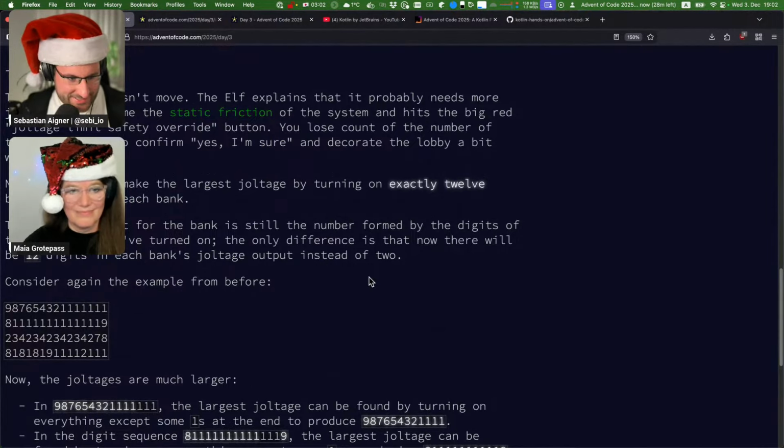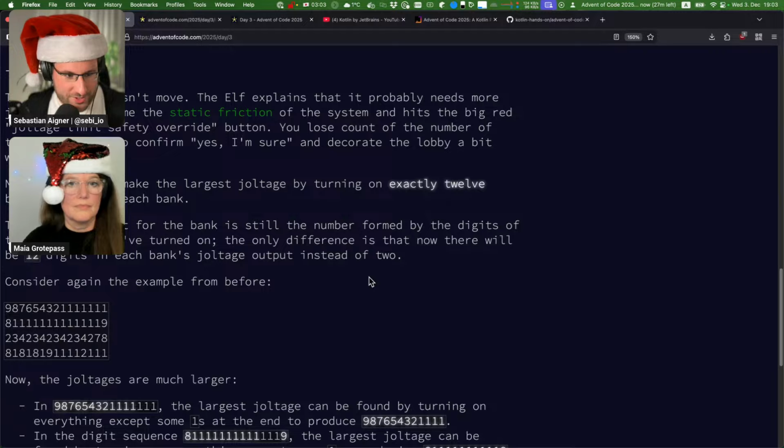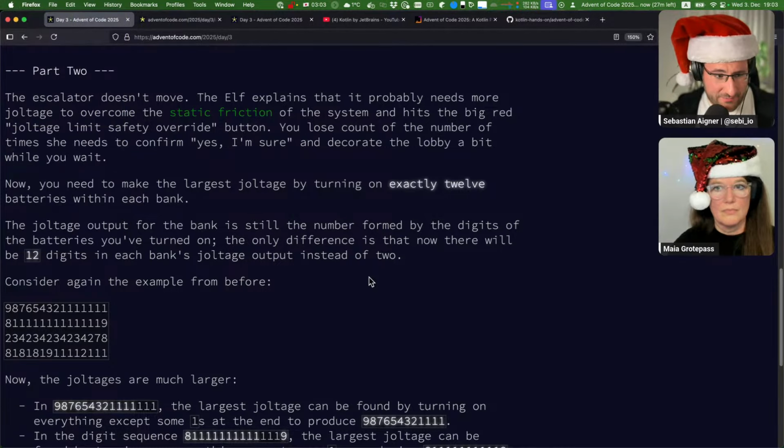The escalator doesn't move. The elf explains that it probably needs more joltage to overcome the static friction of the system, and hits the big red joltage limit safety override button. You lose count of the number of times she needs to confirm, yes, I'm sure, and decorate the lobby a bit while you wait. Now you need to make the largest joltage by turning on exactly 12 batteries within each